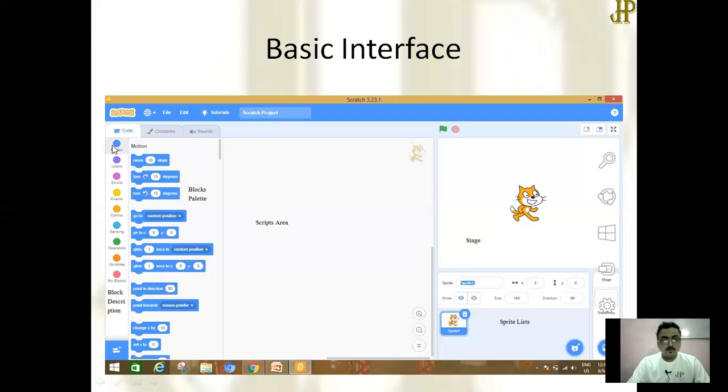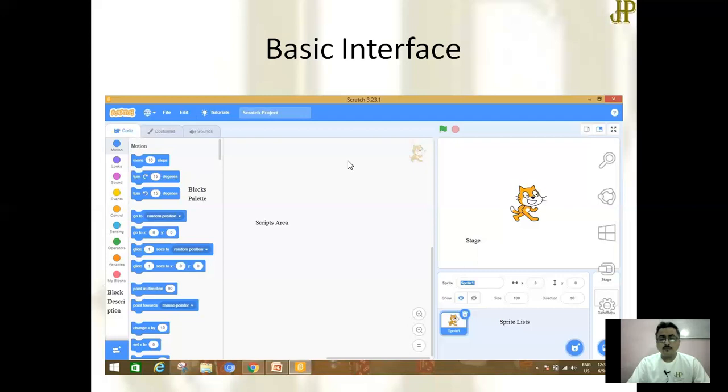As it is clicked on motion, you can see that these are the blocks available. You have to use them only by drag and drop. You have to drag from here and drop on the script area where you are trying to create some program. After that, when you complete your script, you have to click this green flag to run that script.